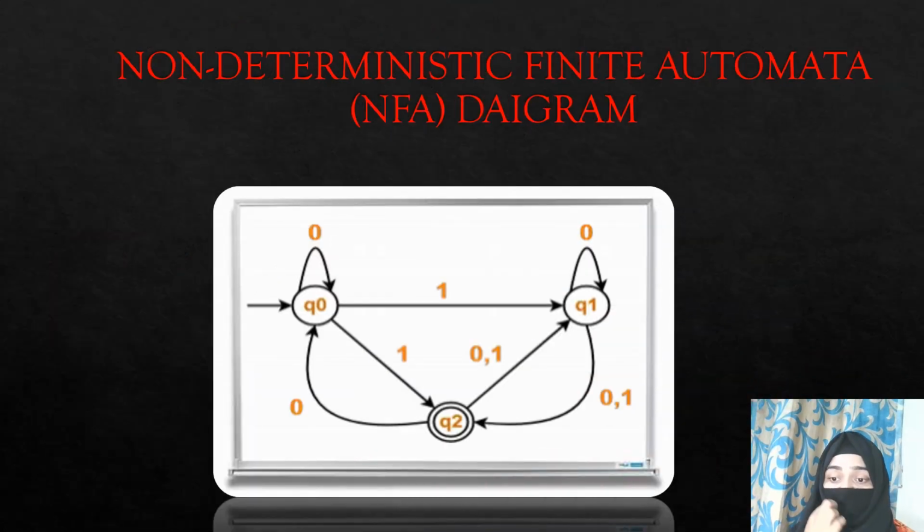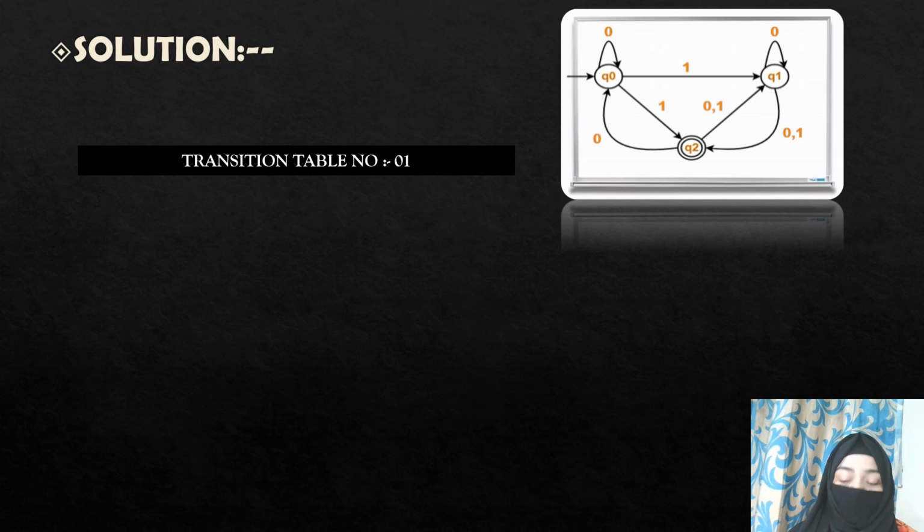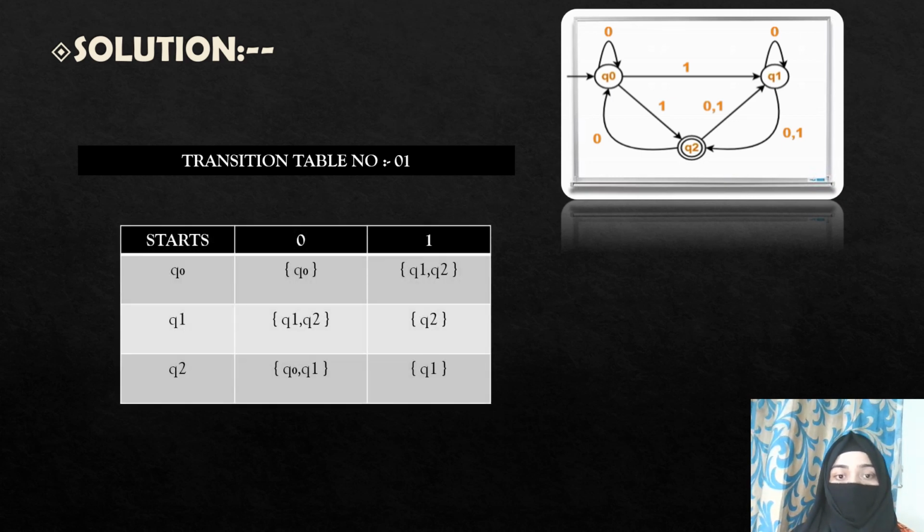So here is the first problem. We are going to solve the problem with the respective diagram. The diagram is of a non-deterministic finite automata, that is, an NFA. First, we are going to draw a transition table where we have three states with two inputs,